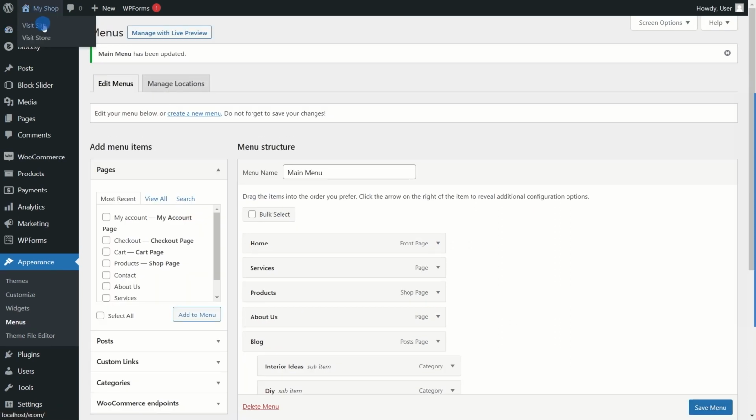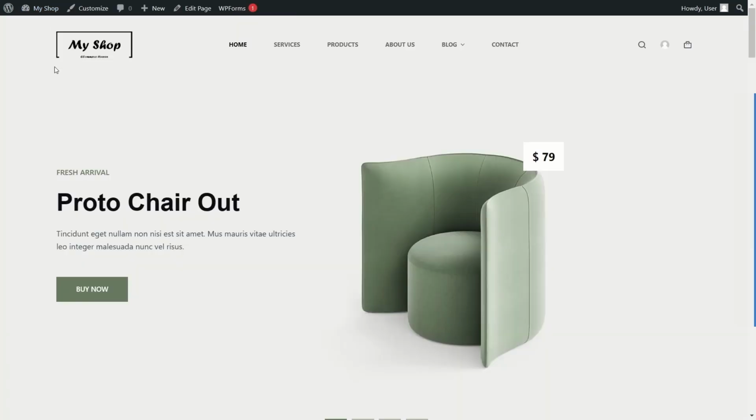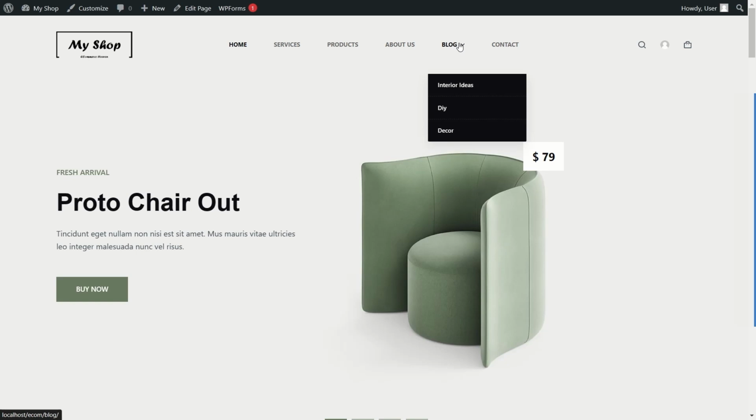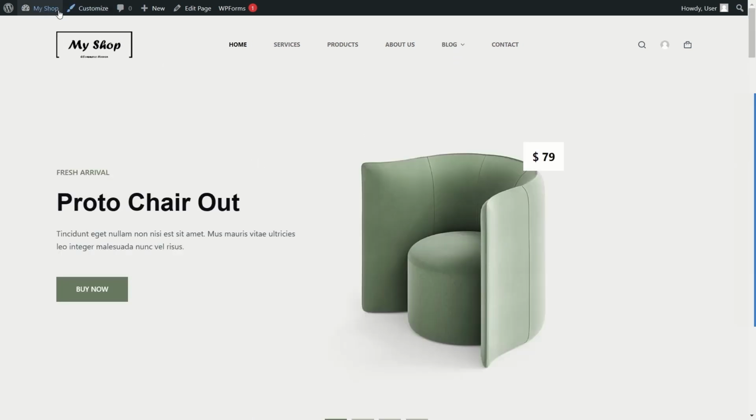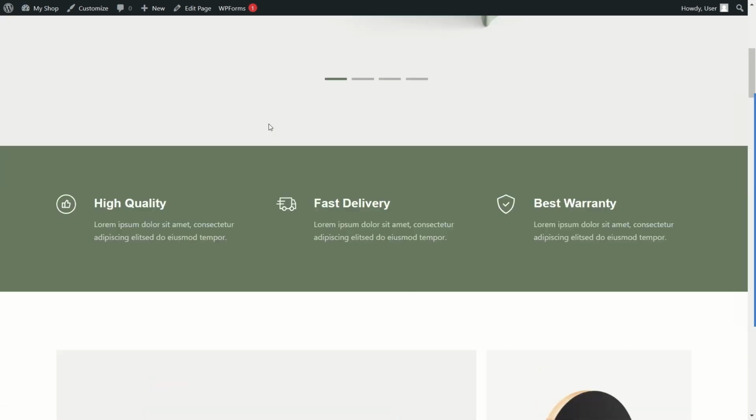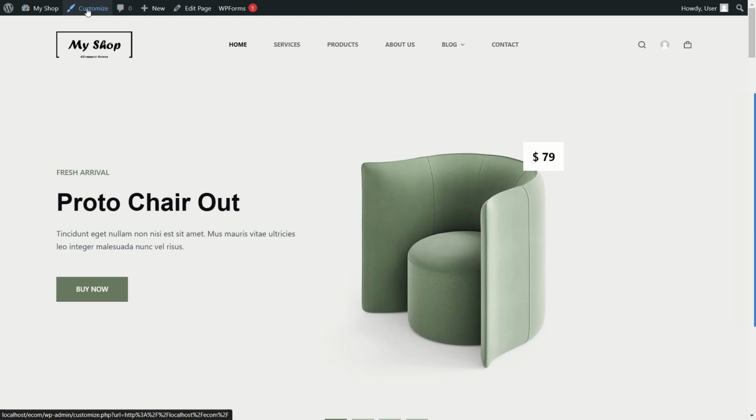And let's go see how our main menu looks. As you can see, our blog has been changed. Now if we hover a mouse over here, it will create a drop down. Okay, so that is how the main menu works. Now what about the footer? So let's hover a mouse to customize